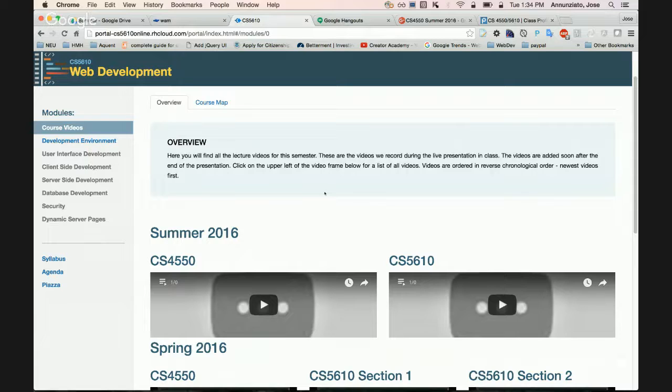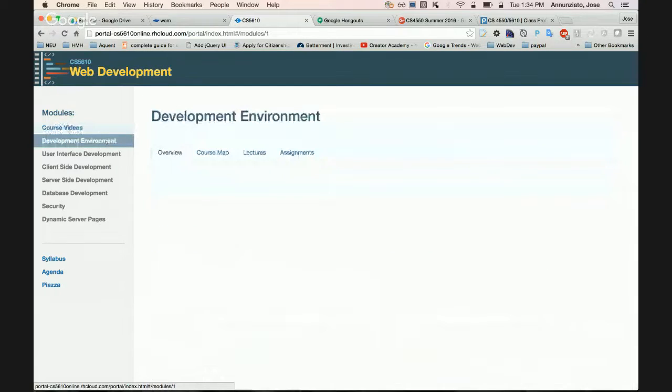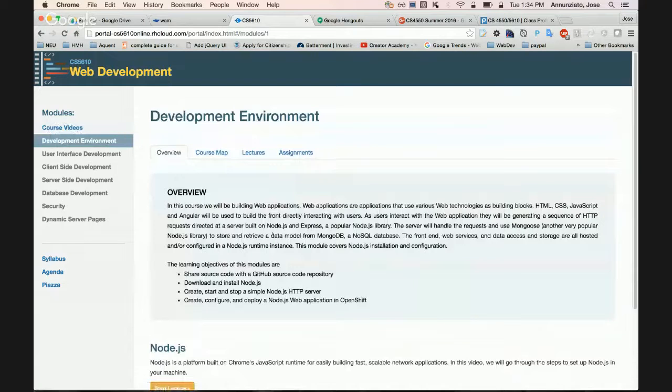Also, on the left-hand side you can see the various modules for the course. Right now, only the first 2 modules are available. The developer environment is the one we're currently working on, which is setting up the environment, and hopefully by the end of this week we'll all have a working local environment and also a remote server all running.